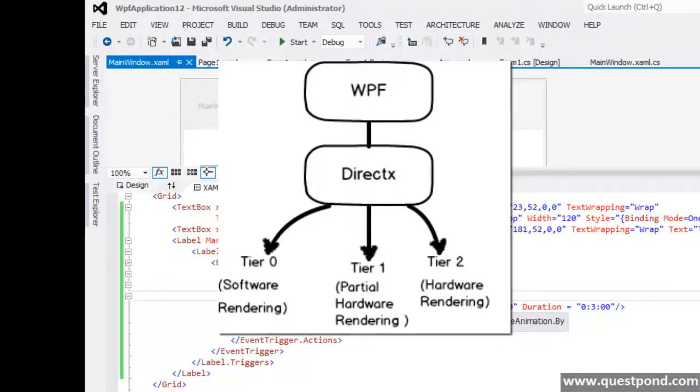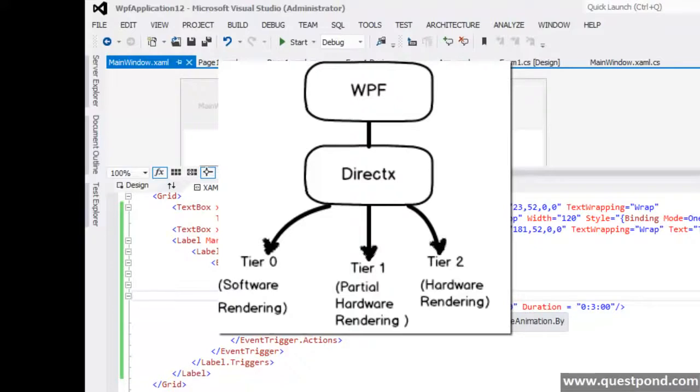This rendering is further optimized into tier 0, tier 1 and tier 2 mode. Tier 0 mode means pure software rendering, because maybe you don't have a GPU or you don't have that card for display. So it will purely switch to CPU rendering. That means it will use DirectX 7 internally. If it sees that some of the functionalities can be done better by the GPU and some can be done better by the CPU, then it will switch to partial software rendering, or you can say partial hardware rendering, okay? And the last one is tier 2, where it switches purely to hardware rendering,